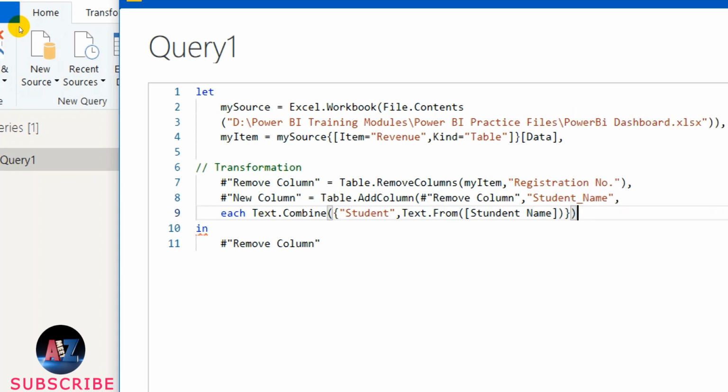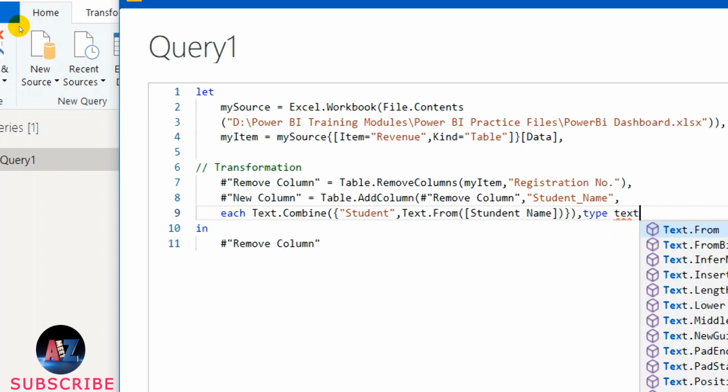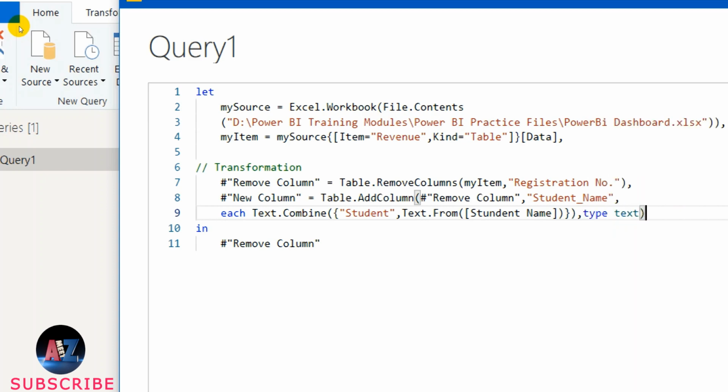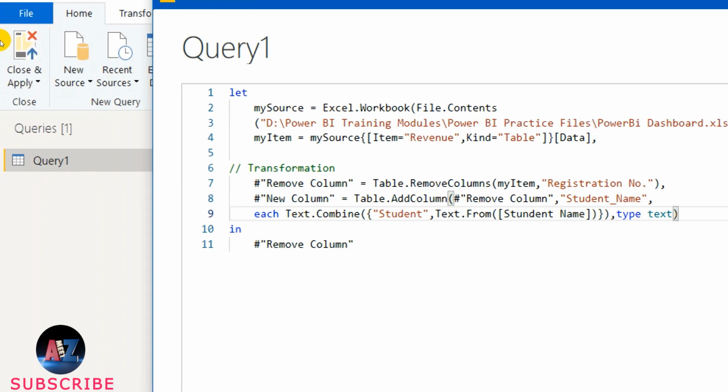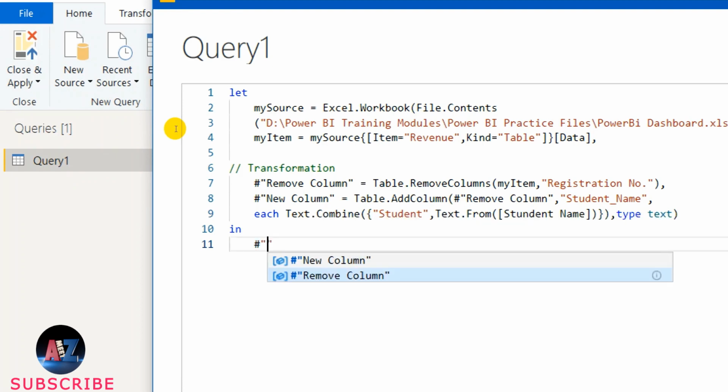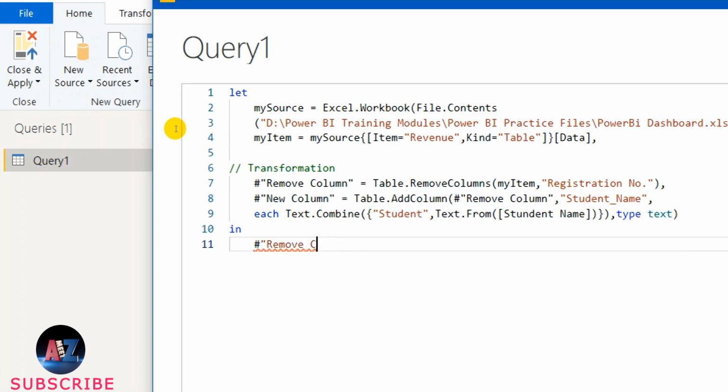Then the type is text. So this entire step will generate another step, and that step will generate another column. So now the step will change because this is no more remove column, but it has to be now new column. Sorry, new column. This is a step we are now at.